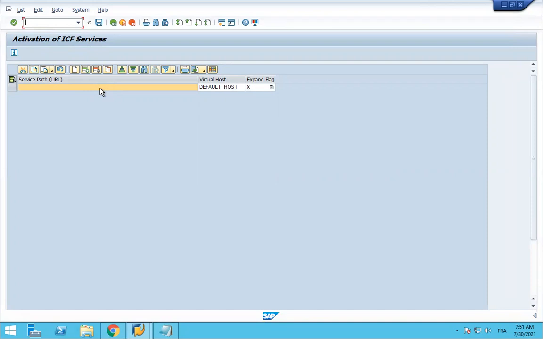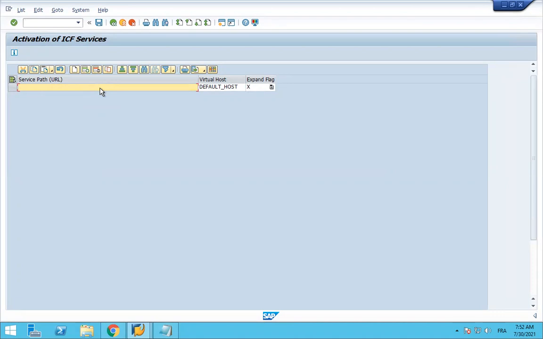All systems you have in your project, in your enterprise, you need to activate this. You need to be sure that in every system, this ECF node is active. Sometimes in real time, some consultant forgot to do this, and then you can get an error if you forgot to activate this. Then let me put the